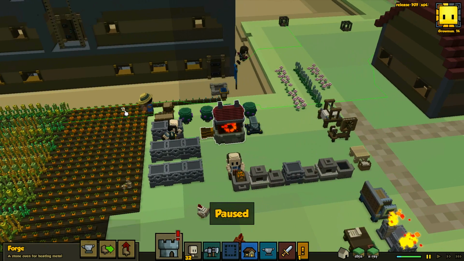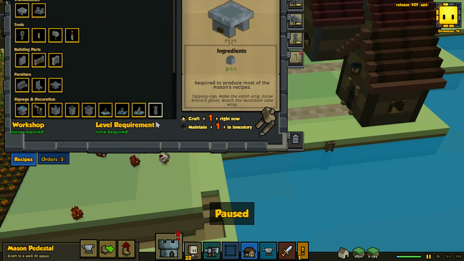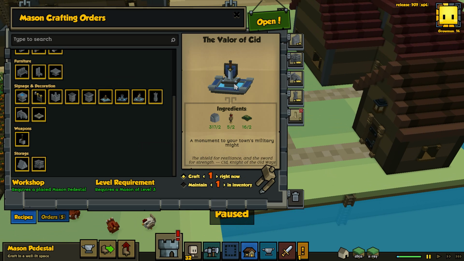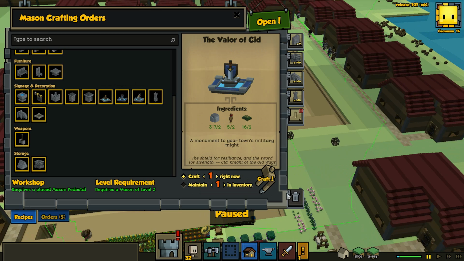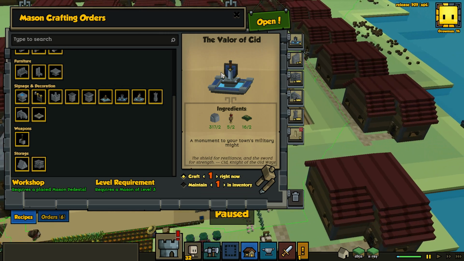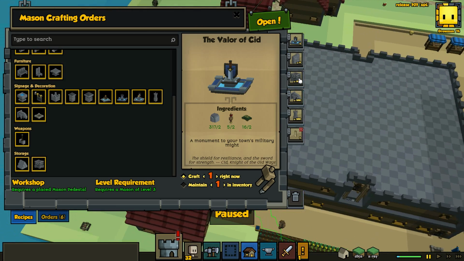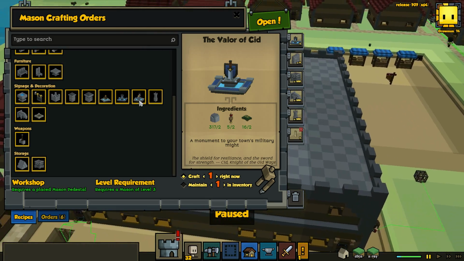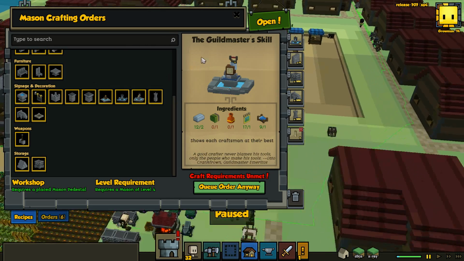In fact, I did find out something very interesting. I think already, and I believe this is in the Mason workbench, we can make the Valor of Sid already, which is one of the 3 items required. Now, this is pretty darn interesting because I haven't even really been going towards this. It just so happens we can make it. So one of the Quest for Townships items is done. And I think I'm going to put all 3 of these on the top of our apartment complex slash crafting area. And so we'll build that straight away, and now we'll move towards the Guild Master's skill,